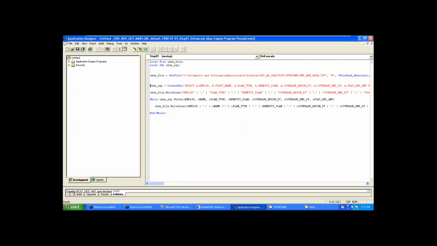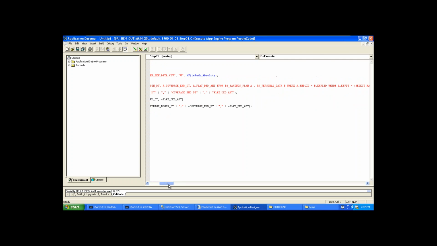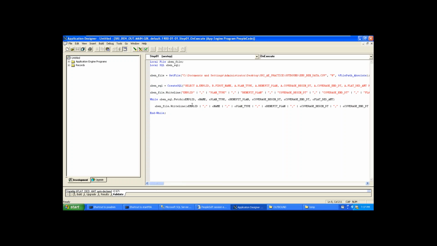And if we want to have a fixed width file, very good question, then we have to write the logic like this. Employee ID length is 11.